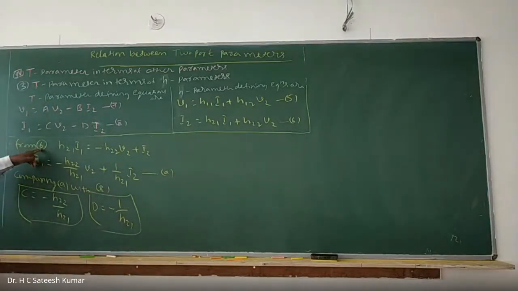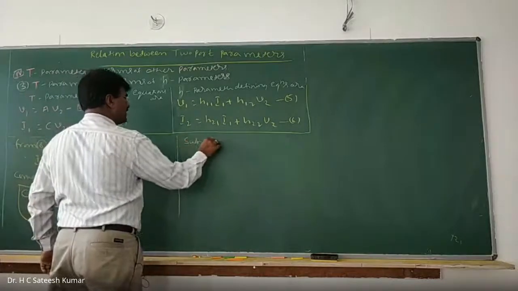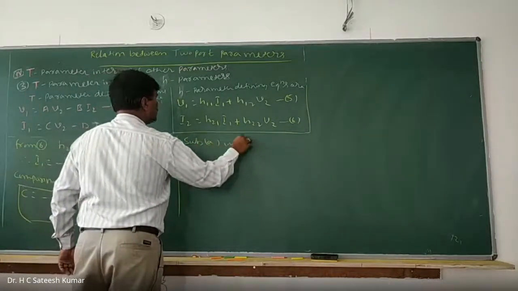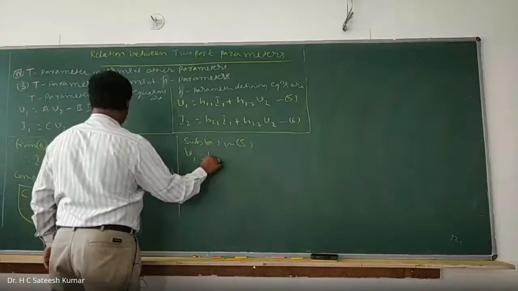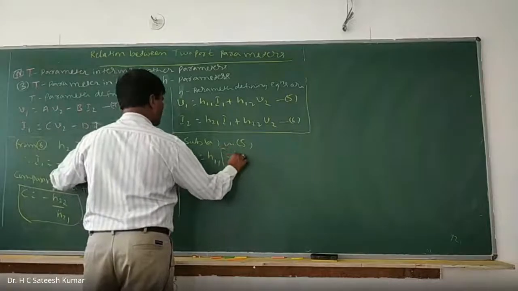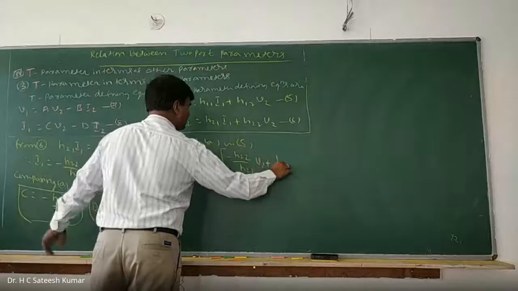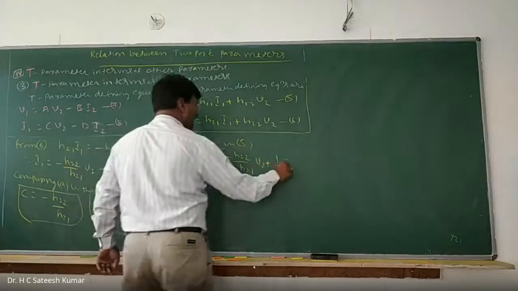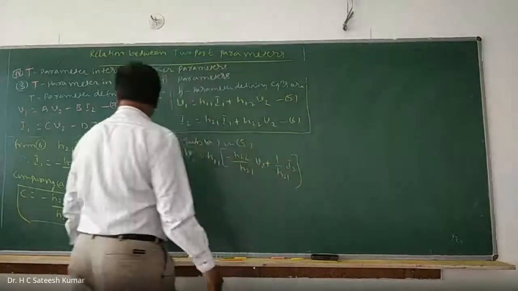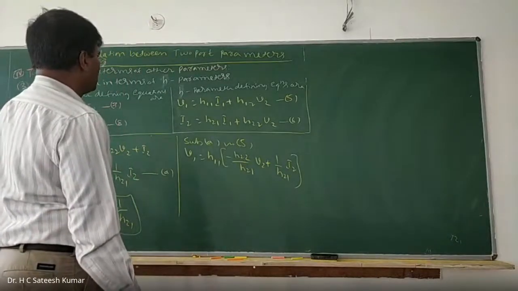Now we have shuffled 6. And to get A, therefore A has to be substituted in 5. Blindly you do that. Substituting A in 5. So V1 is equal to H11 into, substitute for I1. I1 is minus H22 divided by H21 into V2 plus 1 by H21 into I2, and that is your